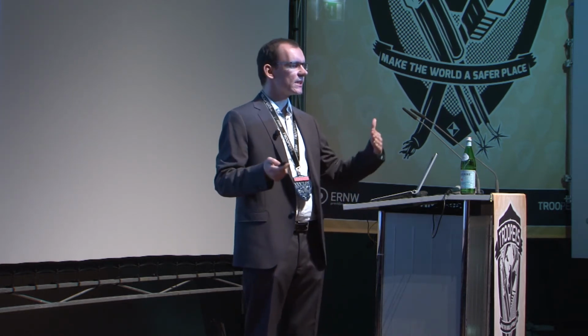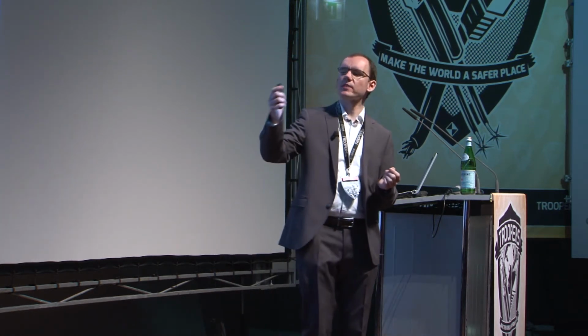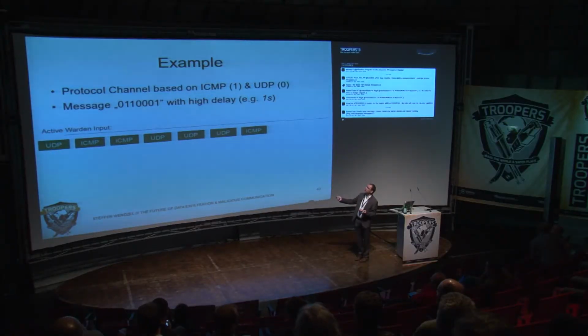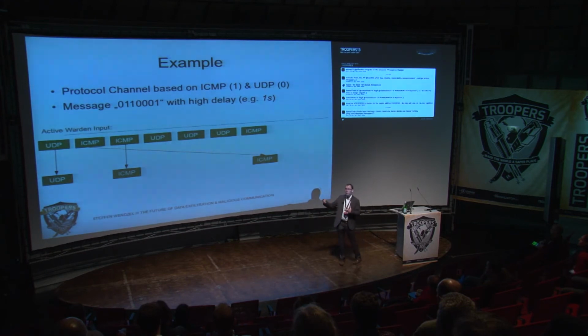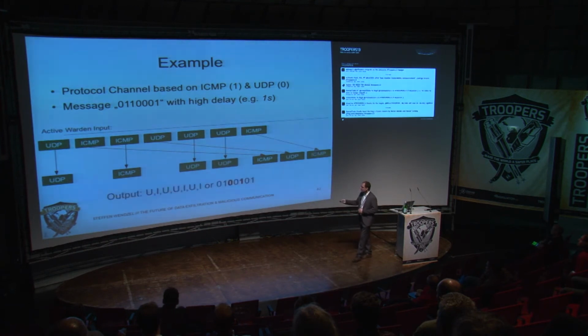And if I introduce a delay, I can probably destroy the hidden message, especially for protocol channels. And it worked well. So here's an example. We want to transfer this message using a protocol channel. And we introduce a large delay of 1 second on a protocol switch. So UDP comes in and is forwarded. Now a protocol switch happens, ICMP packet delayed. Next ICMP packet creates no protocol switch and is directly forwarded, and so on. And the hidden message is corrupted afterwards.